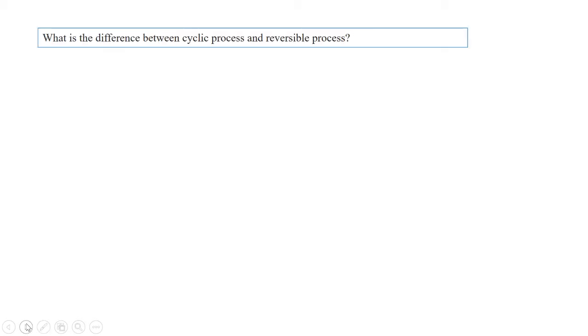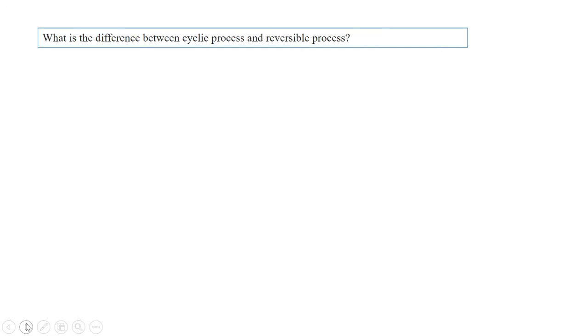Next question is, what is the difference between the cyclic process and reversible process? This is a fundamental question from thermodynamics. Here the question is asked about process, and the student is trying to compare two processes. We have to understand one point, that there are different processes, and each category of defining a process is different. We can define process first